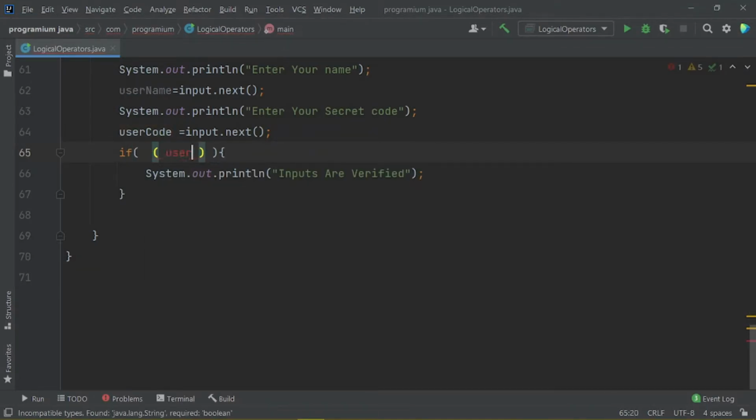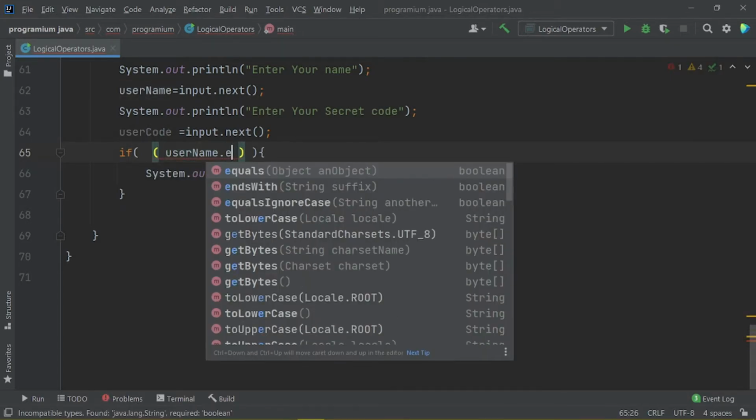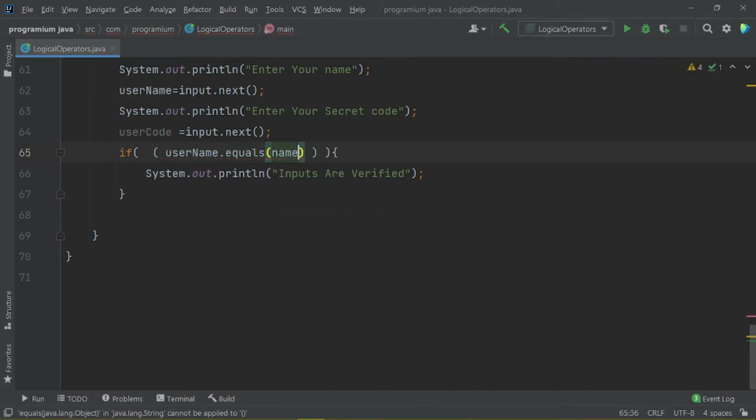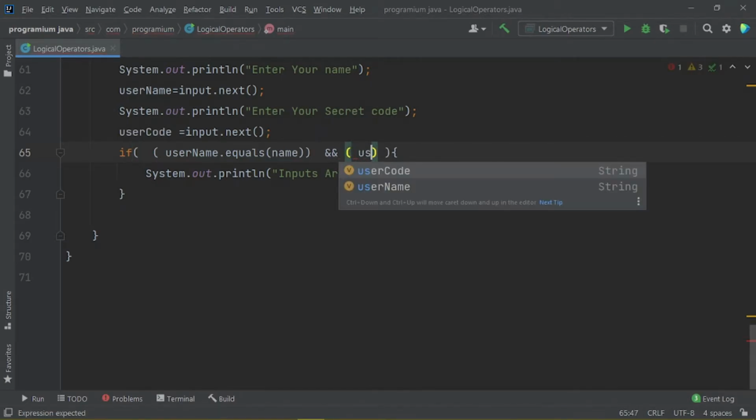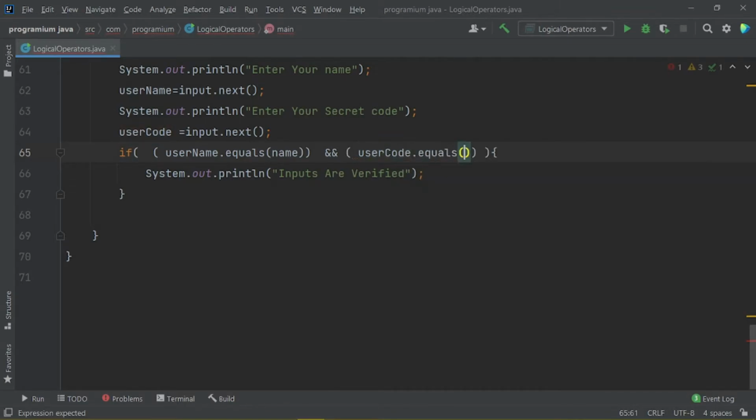userName, sorry, userName.equals(name), and after that what we have to do, we have to put the ampersand sign here, and again what was our condition, userCode.equals(secretCode).